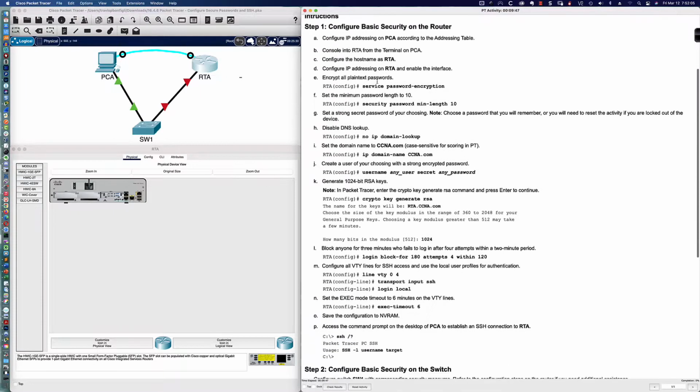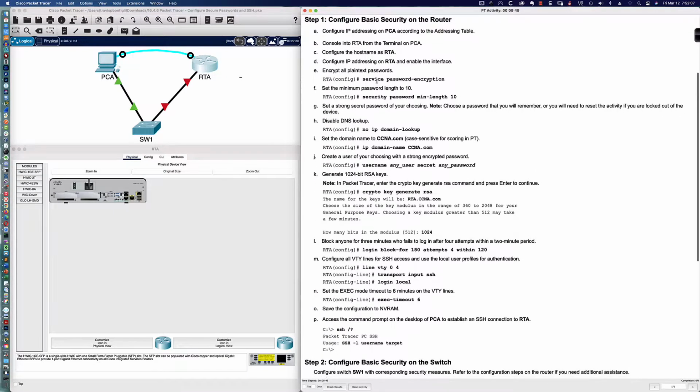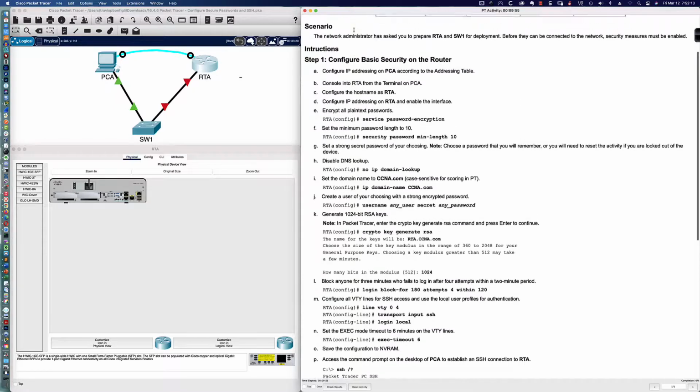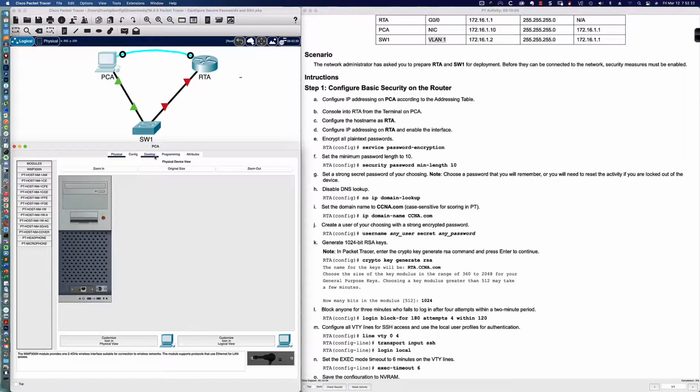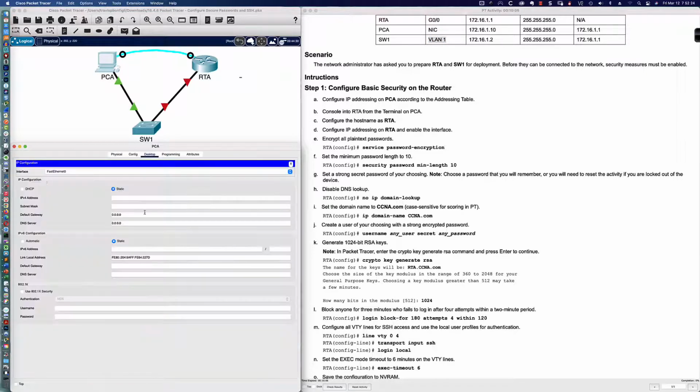So let's go ahead and dive in here with the instructions. Step 1, we're going to configure basic security on the router. Now, we've got some things we need to do first here. Let me leave the addressing table open here for a second. We're going to configure IP addressing on PCA according to the addressing table. So let's come to the desktop, let's come to the IP configuration, and let's go ahead and enter in here